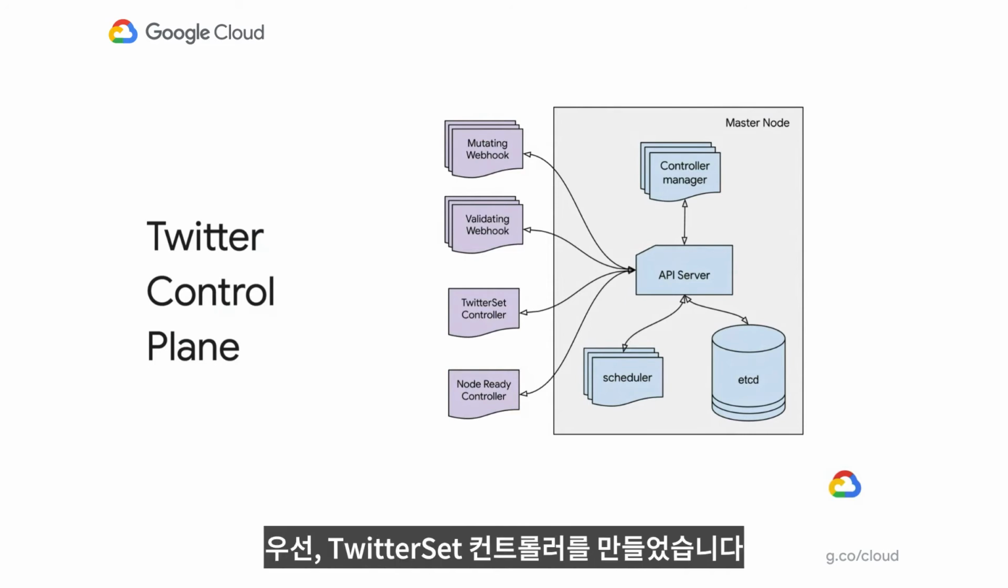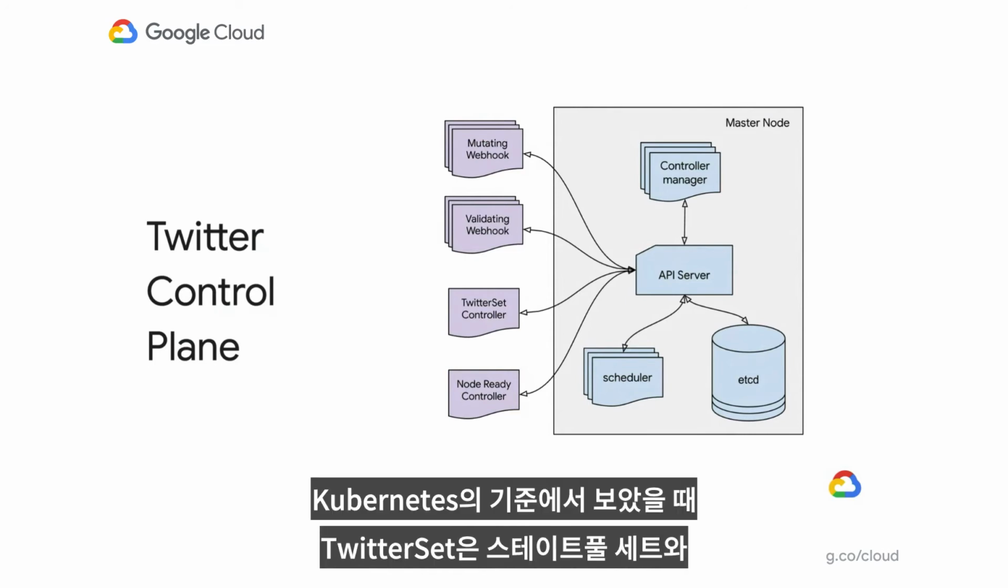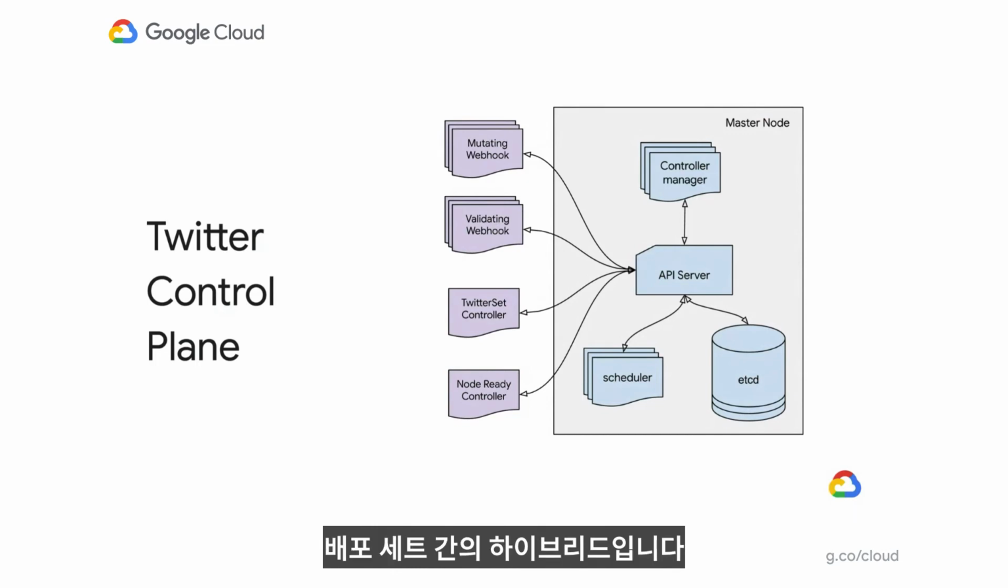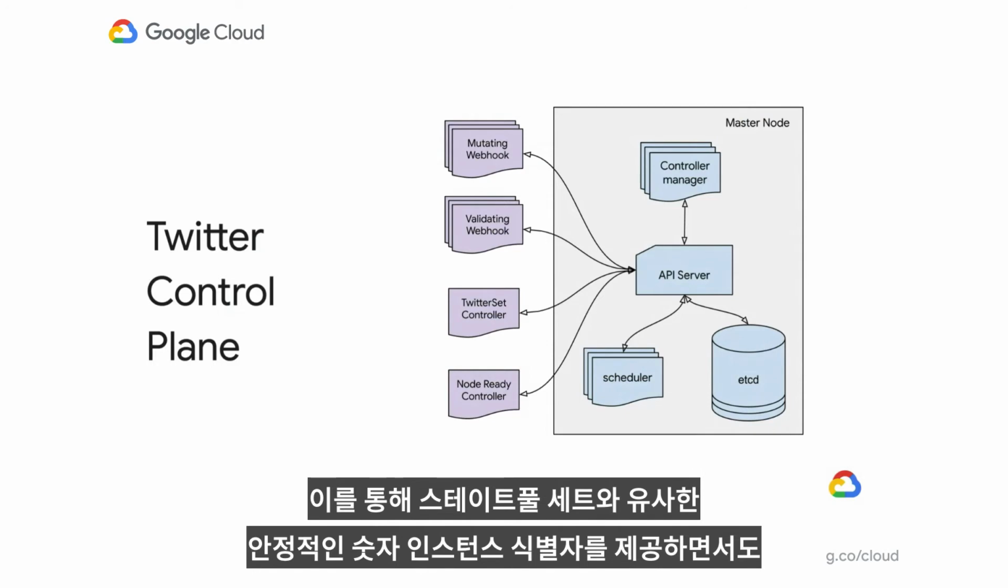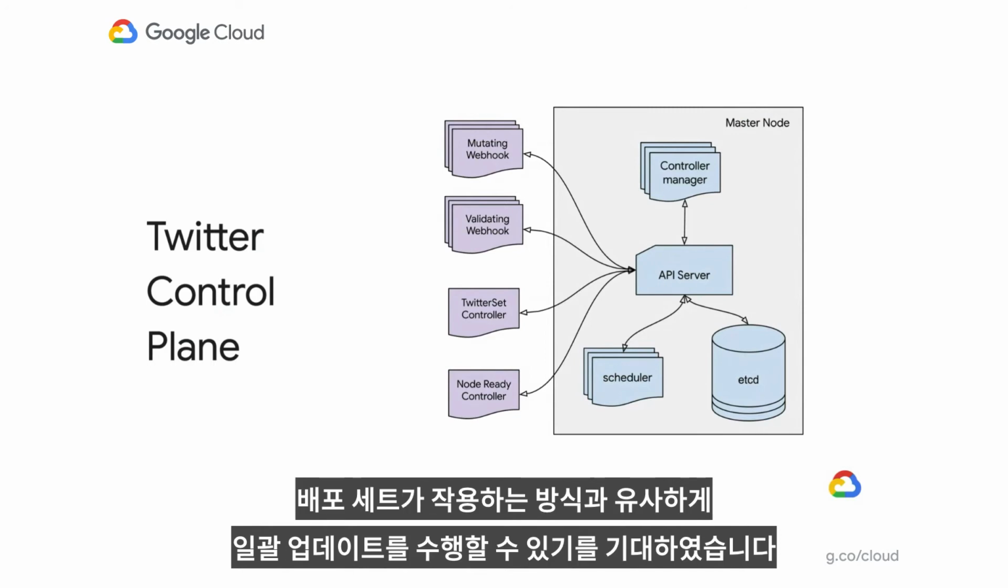We created a Twitter set controller. A Twitter set is a hybrid between a stateful set and a deployment in Kubernetes terminology. We expect all Twitter microservices to run as a Twitter set. It provides a stable numerical instance identifier similar to a stateful set, but it allows us to do batch updates, similar